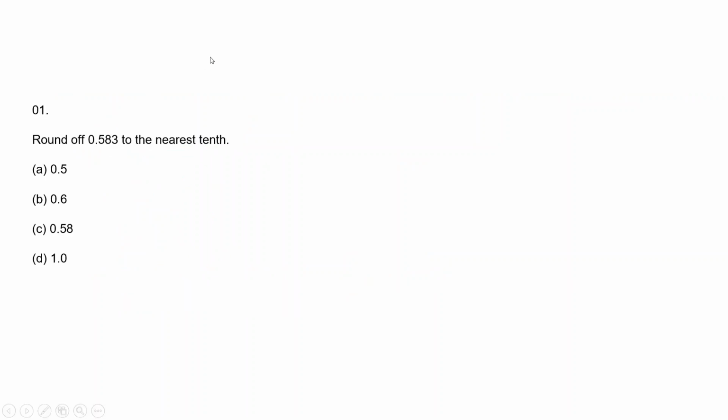Now let's do the first question. This is related to rounding off. We have to round off this number, which is 0.583, to the nearest tenth. Just to clarify, because sometimes we make mistakes, if I have a number like any random number,